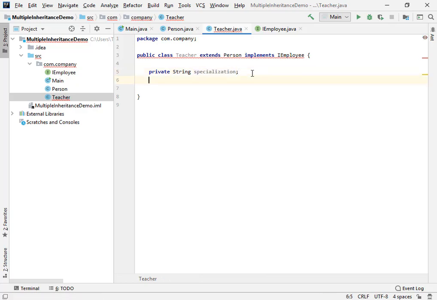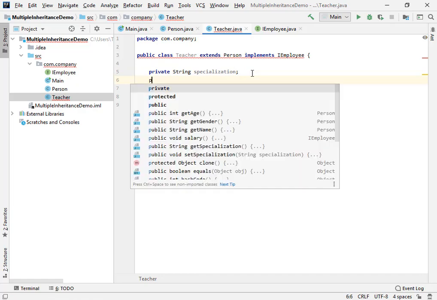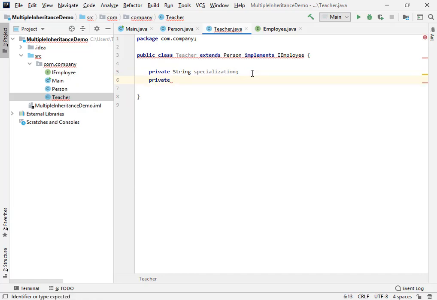All right. Next we're going to have a private field that would include an integer value. In this case I'm going to provide the name research experience. That would basically include the research experience of a particular teacher. Okay, so this would be a specific number, right?